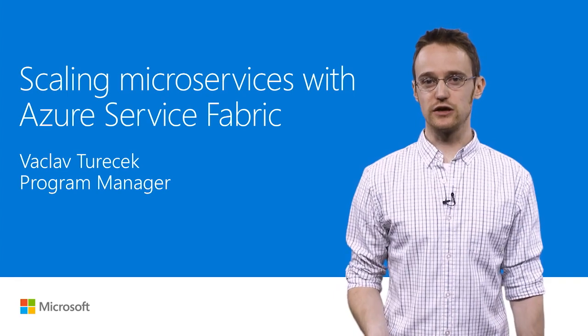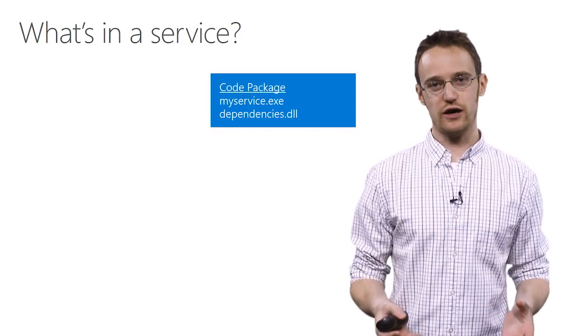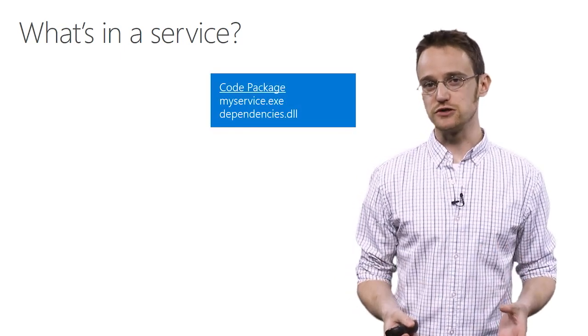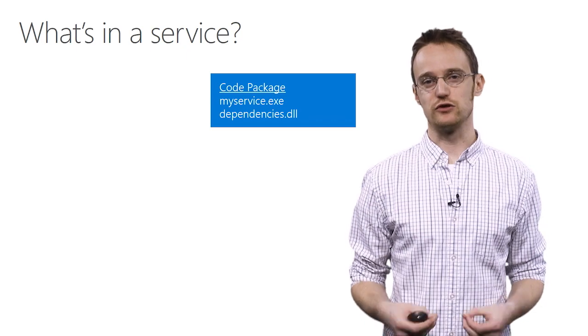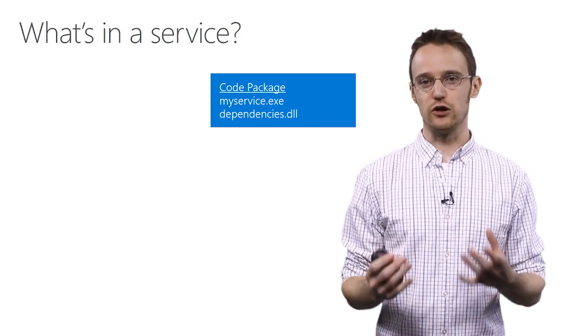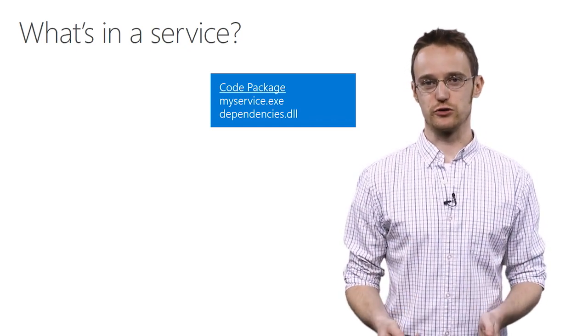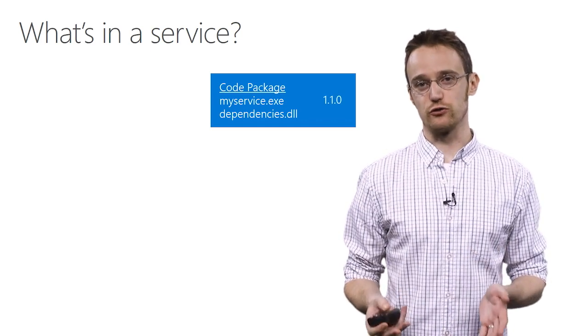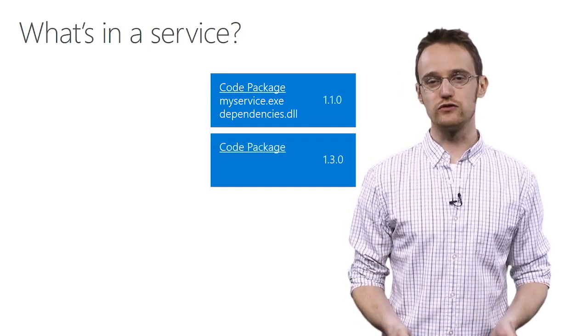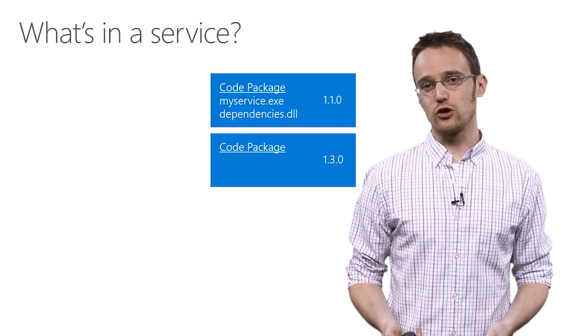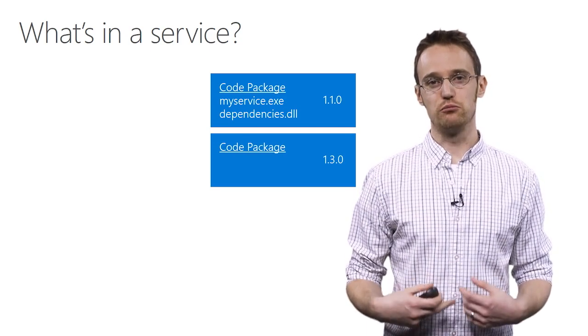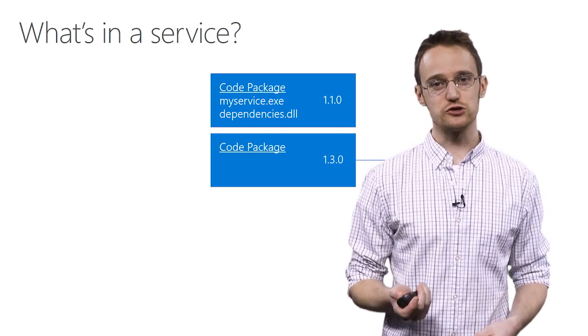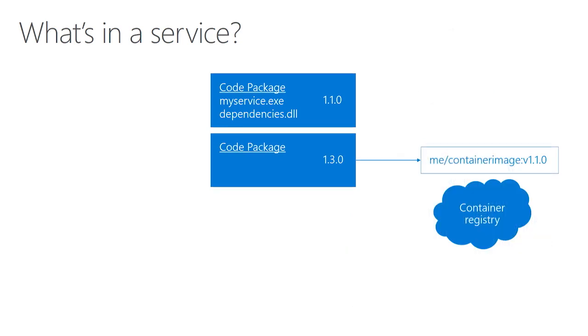Now, before we dive into that, I want to take a moment to talk about what actually goes into a service in Service Fabric. These are made up of what we call packages, specifically code packages. In a code package, you have your executables, your DLLs, and all of the binaries that you need to run your service. These code packages are versioned independently, and you can have as many of them as you want. And the code packages don't actually have to contain binaries or anything to run. They can actually just be pointers out to a container image that's located in a container registry like Docker Hub